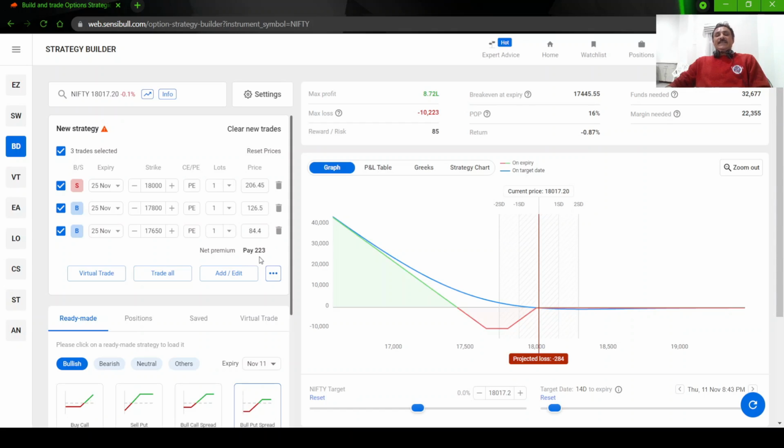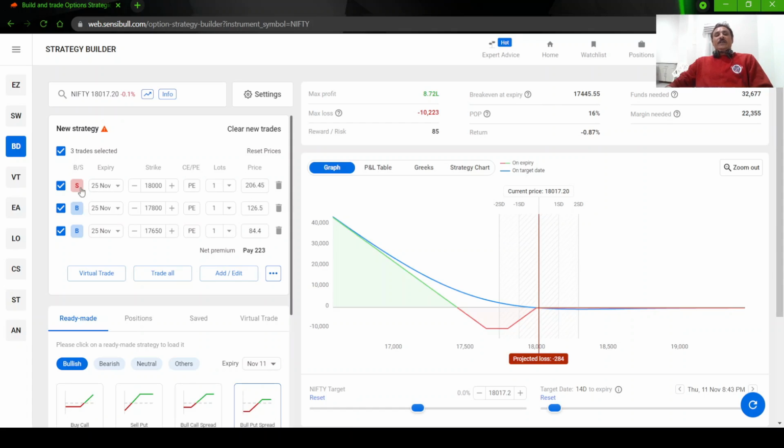Now let us see the net credit strategy. When we say a net credit strategy, there is no upside risk because we are getting credit, right? If the market shoots up, all the puts will expire worthless and we will be keeping the credit we have taken. Okay. So for that, what we need to do, we need to further widen the strike. It will become a net credit. How will it become net credit?